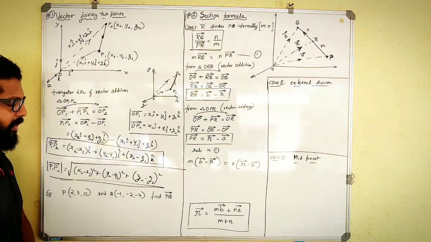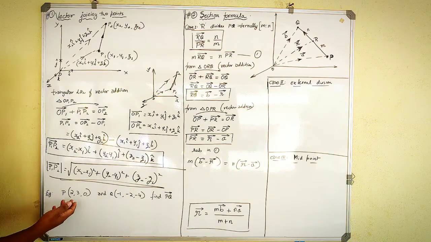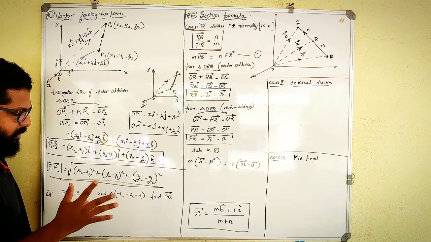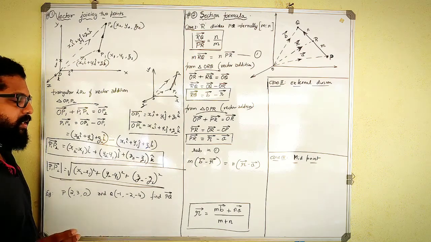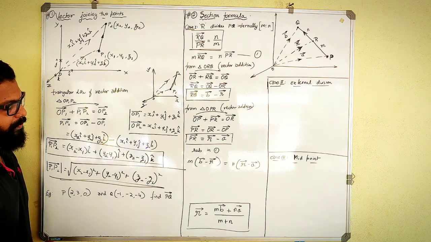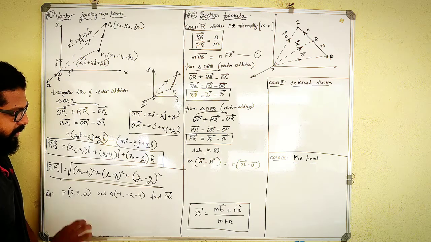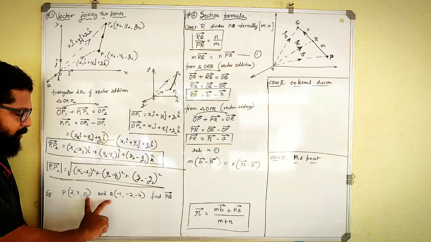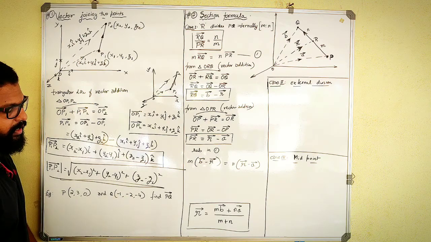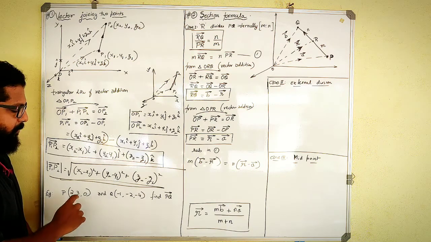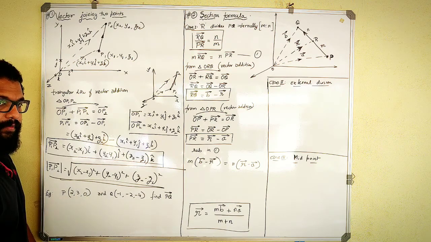Okay. One example I can take based on this. So they are telling here there is a vector which joins P and Q. Find PQ. So there is a unique way of asking this question also. They will give you 2 points, P some point and Q some point. What they'll do is they'll ask you to find a vector which is directed from P to Q.